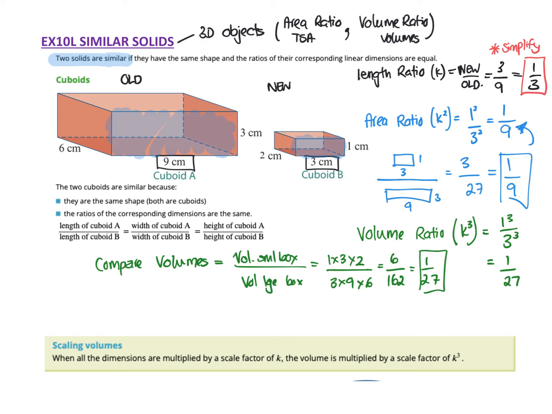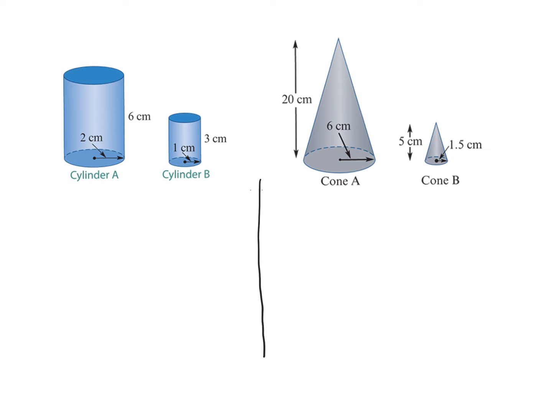All right, so this last little note down here is just explaining what we've already worked out. We know that the volume scale factor is cubing the normal length scale factor. All right, so here we've got a couple of shapes, and we're going to find the different ratios for the